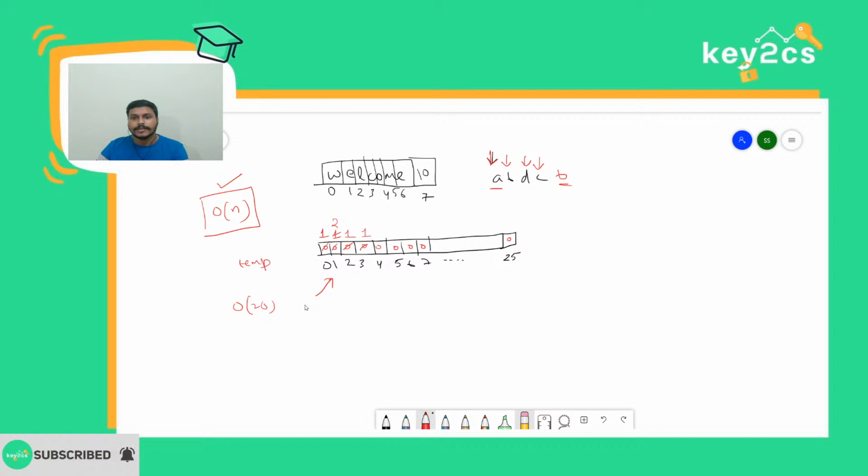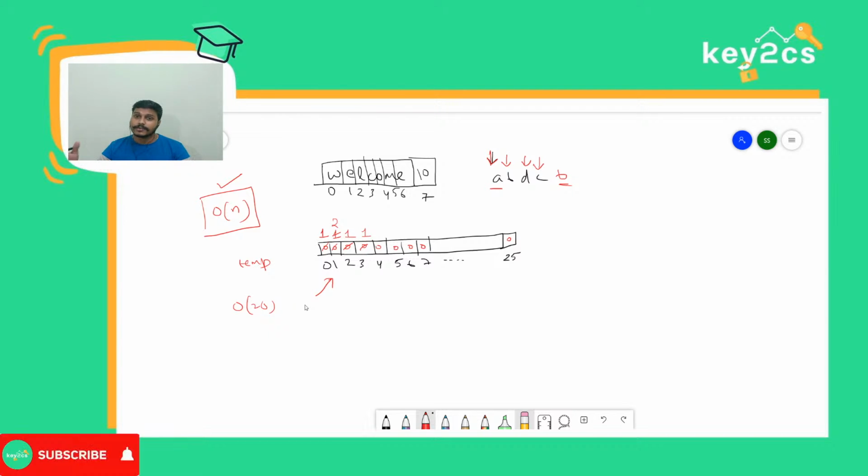But let's say you are not sure how many elements would be there in the array. Here it is about the alphabet, so we know it is 26. In some other problems, like integers, when you have to count how many times a digit has occurred, you are not aware of